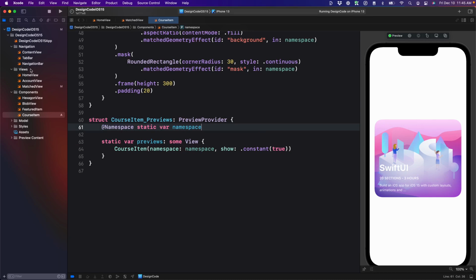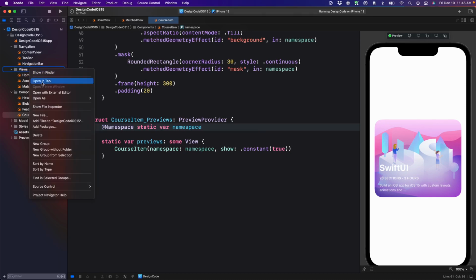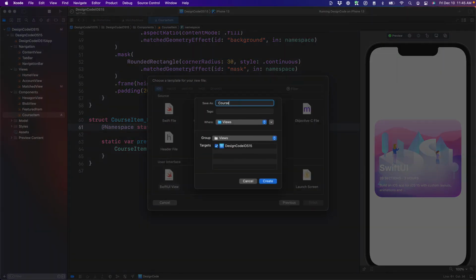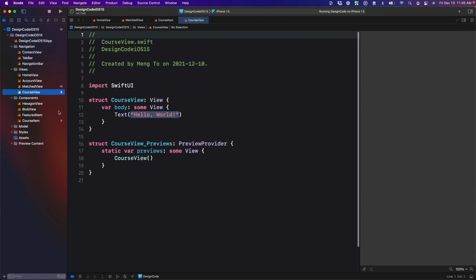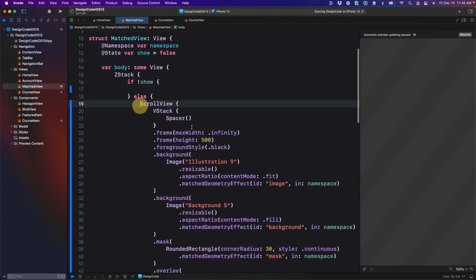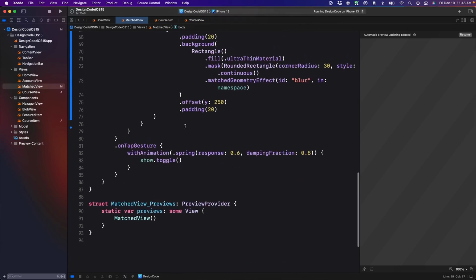And we're going to apply exactly the same steps for the detail view. So right-click Views, New File, and it's going to be CourseView. Then I'm going to go back to MatchView, cut all the scroll view,